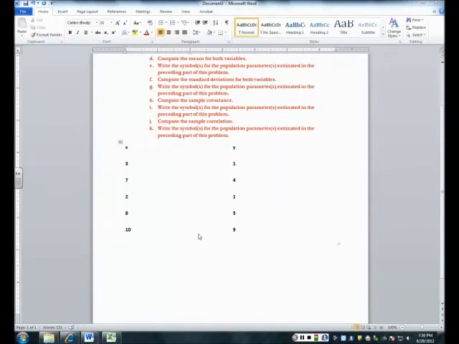Okay, so moving on to a problem we're going to compute means, standard deviations, covariance, and correlation. Before I compute, I just want to address some of the questions though that do not require any computation. So, for example, on